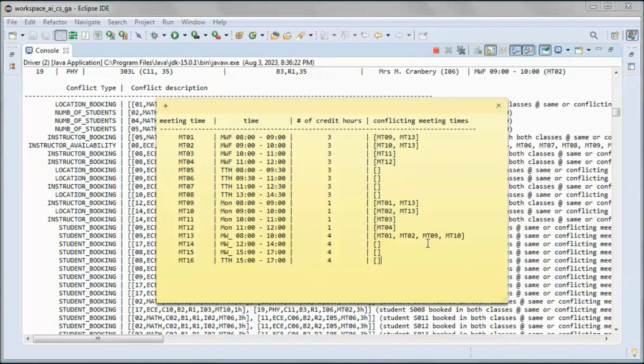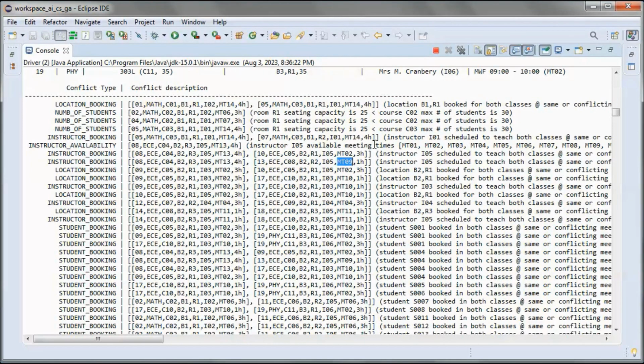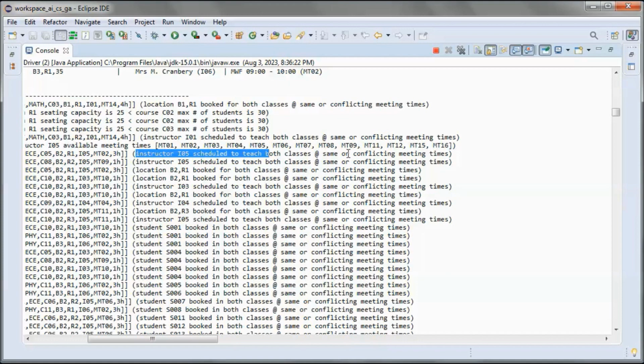So meeting time 13 conflicts with meeting time 02 and meeting time 09. So here the instructor is scheduled to teach both classes at the same or conflicting meeting times.